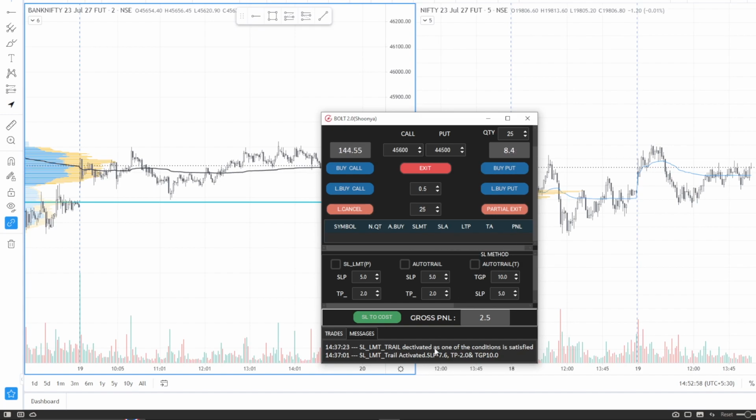PNL has come from down to here. Here we have the LTP of the current trade. Let's say you entered a call or a put, whichever trade is active, that symbol's LTP will be reflected here. The LTP is between the target and the stop loss, where the stop loss can be either SL limit or SLA. That's why I have placed LTP in between the stop loss and target. And one more thing is that